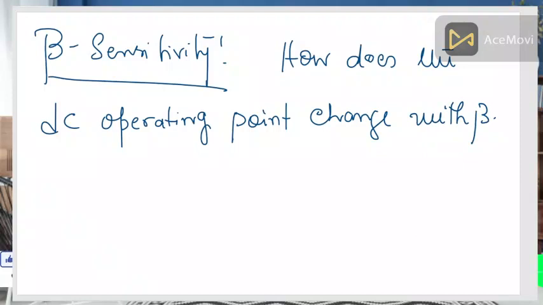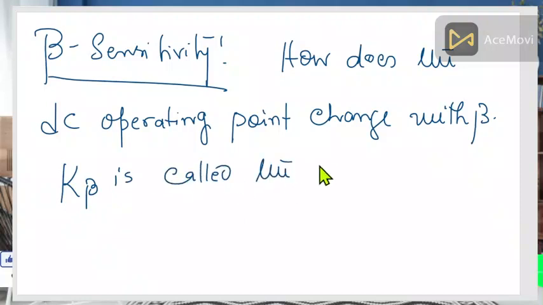So if beta values are changing due to circuit operation, or if you are changing the transistor, suppose the transistor is damaged and you replace it, then the beta value is also changing. So the beta sensitivity, which is generally called K beta,